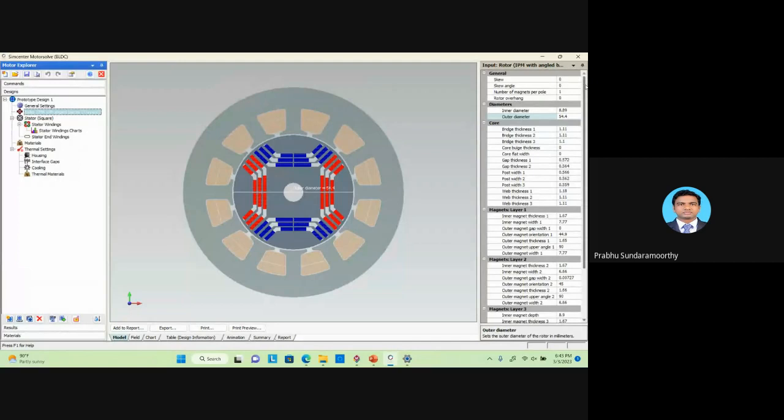Here you can see the bridge thickness, right? Whatever parameters you have on the right side in the rotor will be displayed in the workbench also, right? In the work environment also you can see what this bridge thickness is, right? As per this you can edit, right? So this is the bridge thickness, and now we will see the